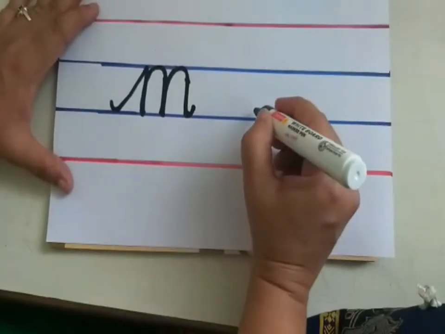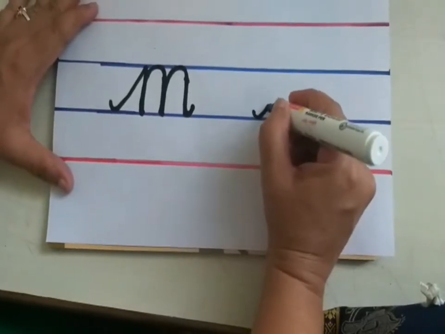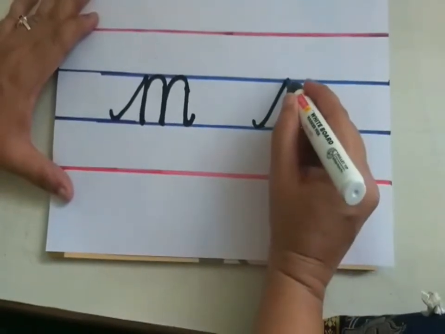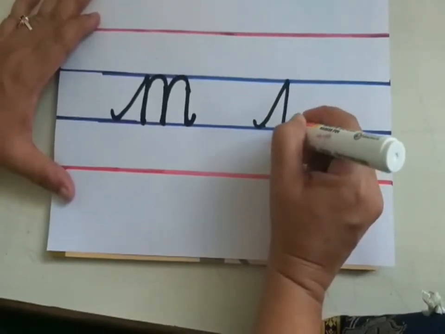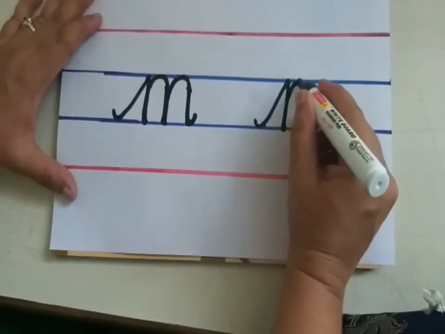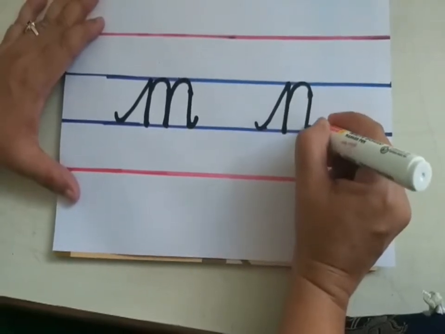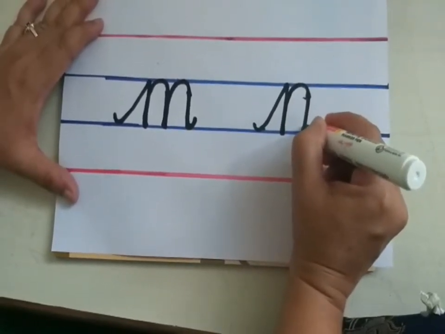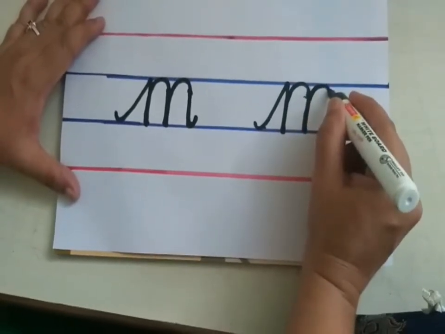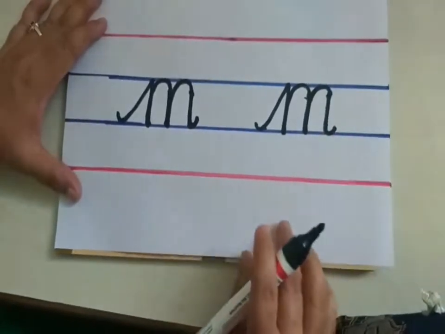Shall we write once again this sign? Make a half curve. Okay, now go up to the second blue line. Slanting line you have to go, children. Now come down to the third blue line. Now again go up to the second blue line. Make a half curve, children, like that. Come down to the third blue line. Again go up, again make half curve. Come down to the third blue line and make a small curve.